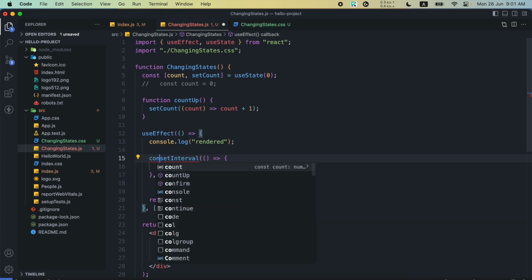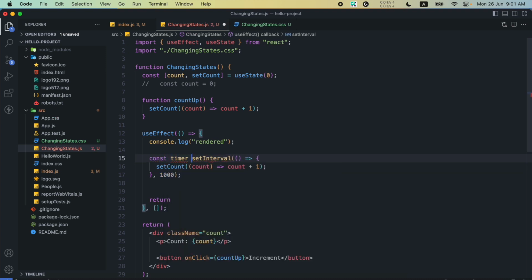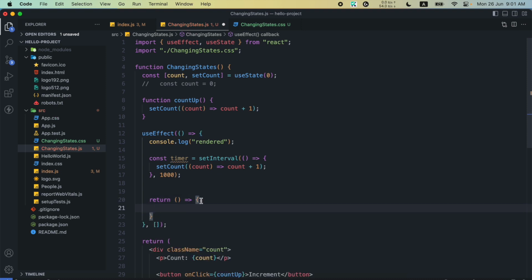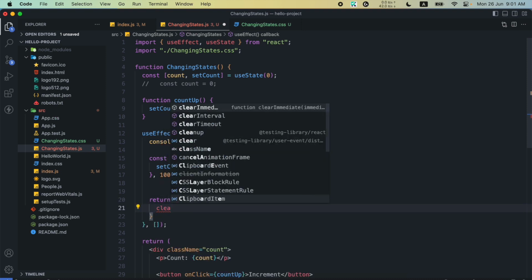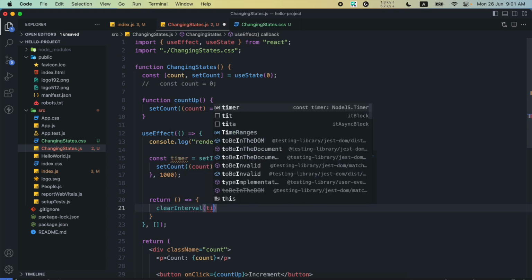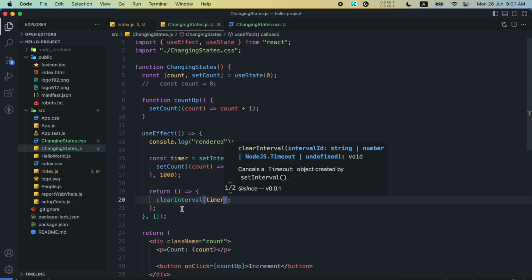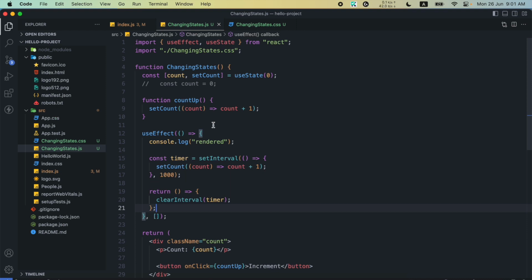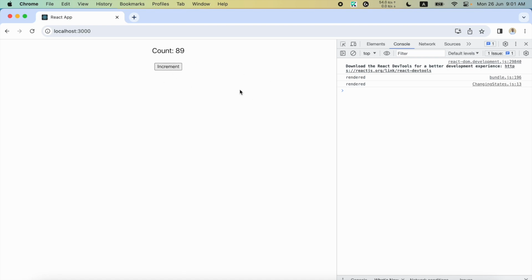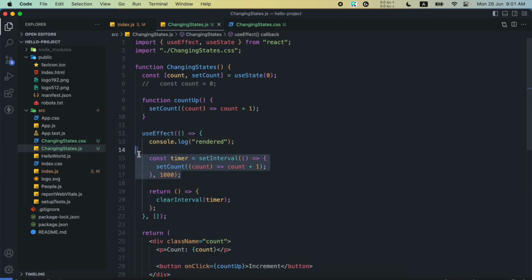How we may achieve this is that we can return something from the useEffect. Let's put this setInterval inside a constant, and we're going to call this timer, and return a callback function from the useEffect, and let's just call clearInterval and pass timer. So what this will do is that when our component is no longer mounted, meaning that it's no longer on the UI, it will clean this timer up. Otherwise, our timer will keep on running indefinitely, which will take a lot of